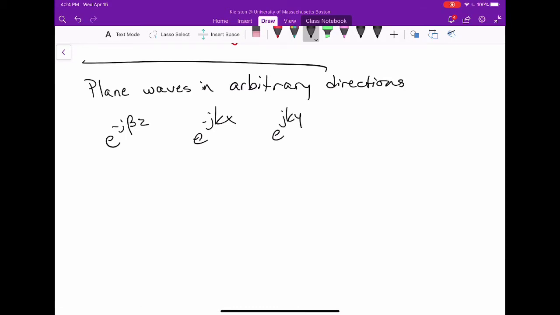That's fine. But plane waves can actually propagate in directions that are not along principal axes. All you need to specify a plane wave is a unit vector in the direction of propagation,